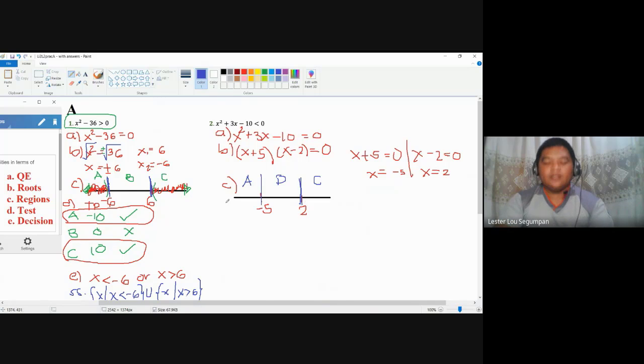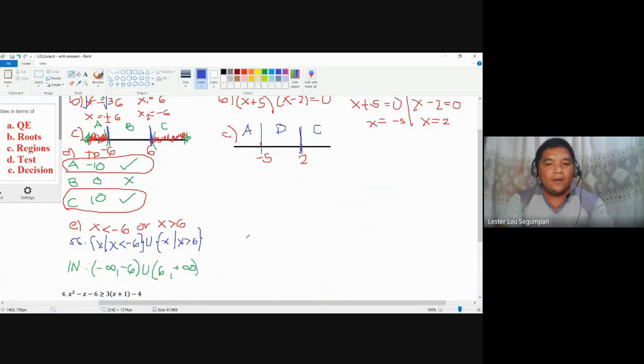This region here. So let's just pick test points. But here, this is what I have mentioned earlier. Our step D is a little bit different in comparison to number one. So okay, our test points A, B, C. For the test points here, you could use negative 6. For letter B, it's always convenient to use 0 because 0 plus any number, 0 minus any number, 0 times any number, or 0 divided by any number is easiest to solve. And then here, we just simply use 3.